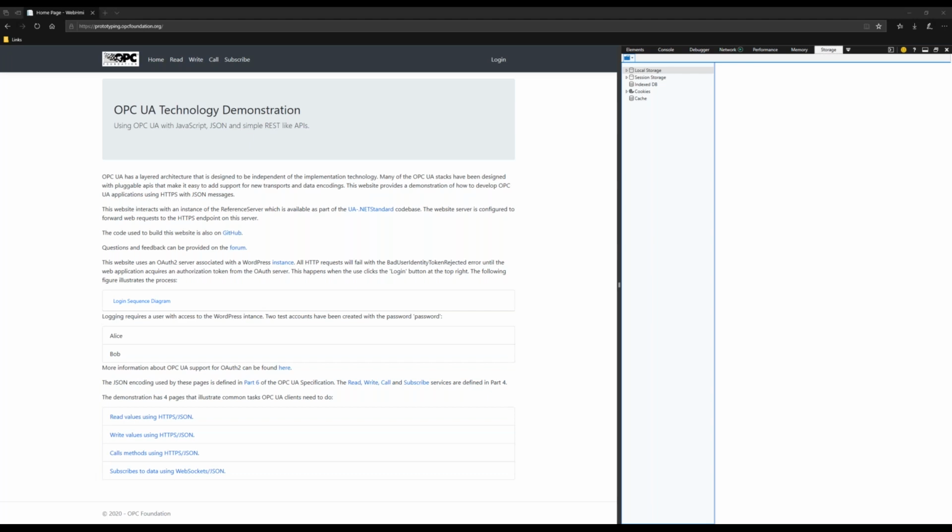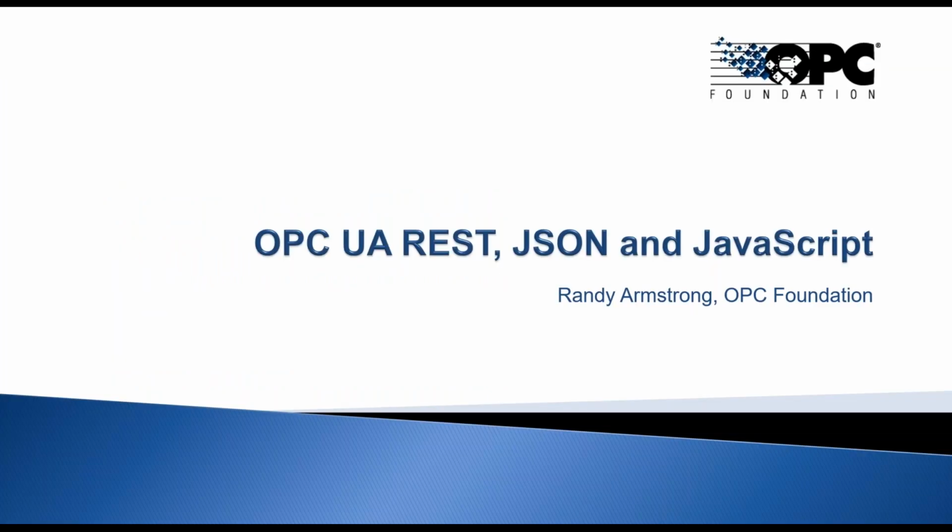Just to give you some context for the discussion today, one of the things that I've heard a number of times is, "Oh well, OPC UA doesn't do REST," or "I want to be able to use REST with OPC UA, and I want something that's simple and easy, that allows me to quickly put together simple communication." And from my perspective, where I've been involved in OPC UA for the last 15 years, and I've been on the core team developing